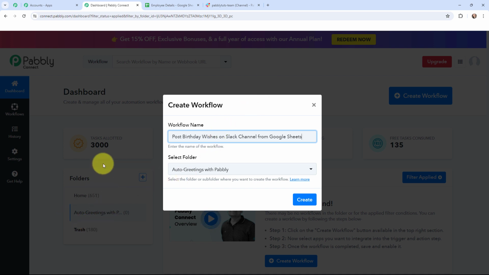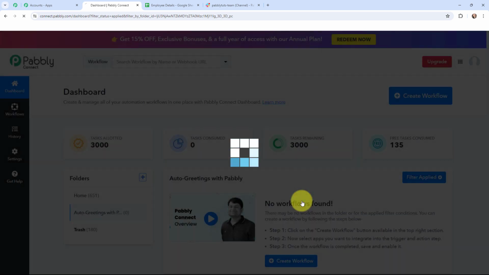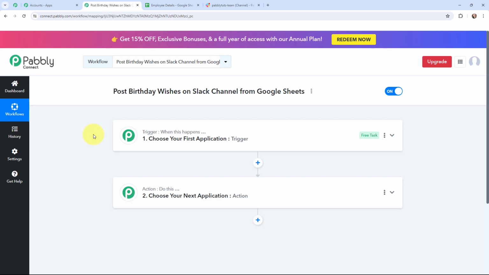On my left hand side, you can see that these are the folders which I've created before. So I want to save this workflow in the folder named as auto greetings with Pabbly, and now I'm going to click on create. So as I did that, now I've arrived on a very important window which consists of